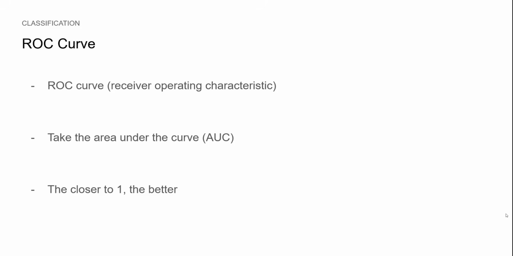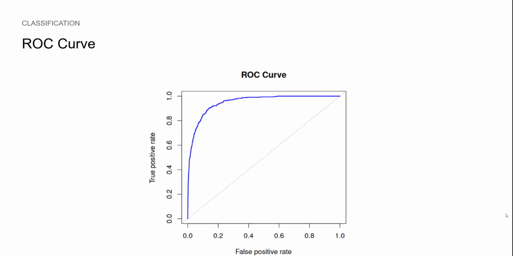We can also use the ROC curve, where ROC stands for Receiver Operating Characteristic. We usually take the area under the curve, or AUC. That's why you probably hear about the ROC AUC. We want the ROC AUC to be close to 1. Why? Well, as you can see, we plot the false positive rate against the true positive rate. Ideally, we have a false positive rate of 0 and a true positive rate of 1, which would give an area under the curve of 1, and the curve would hug the upper left corner of the graph.